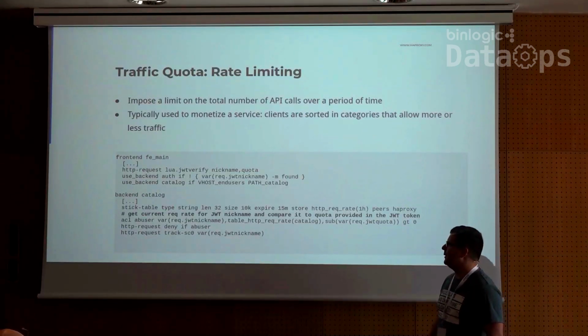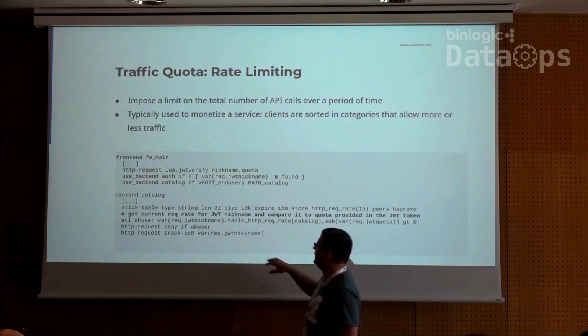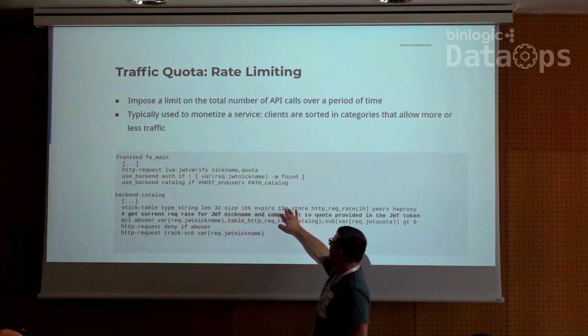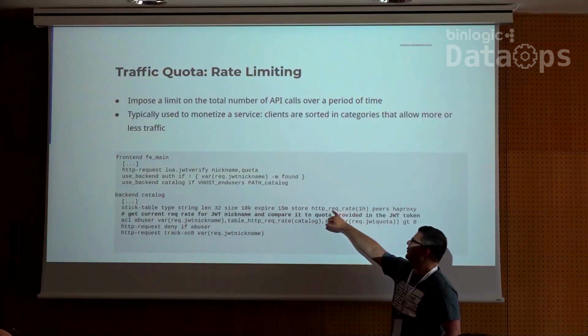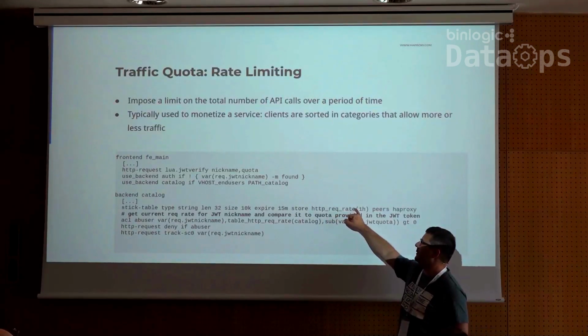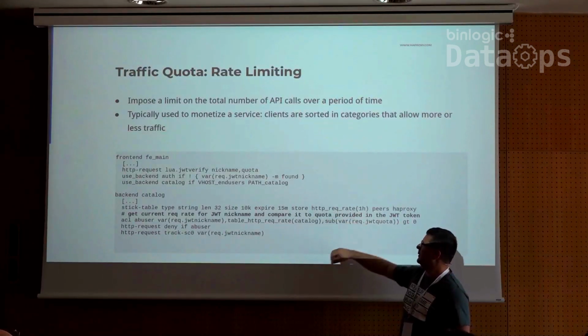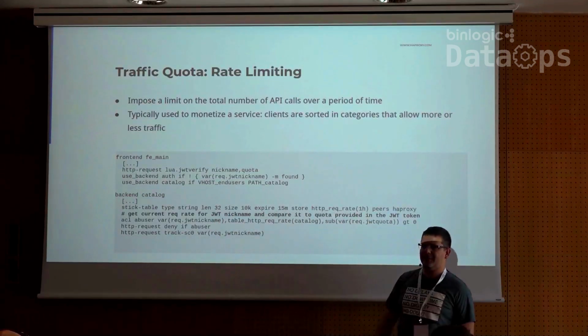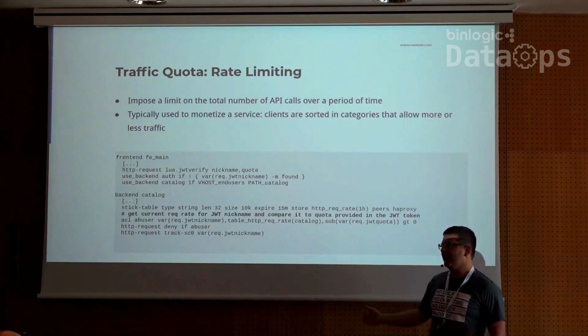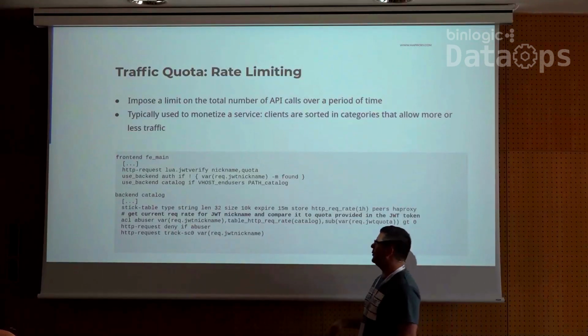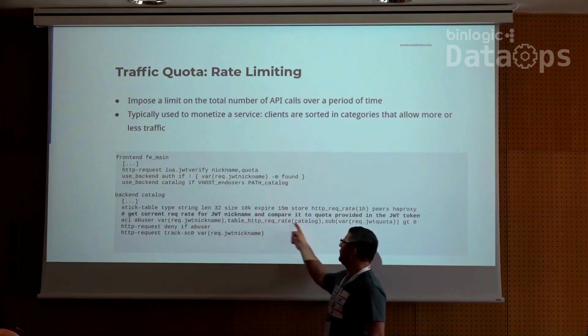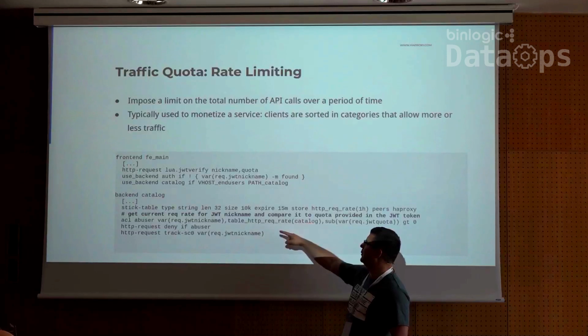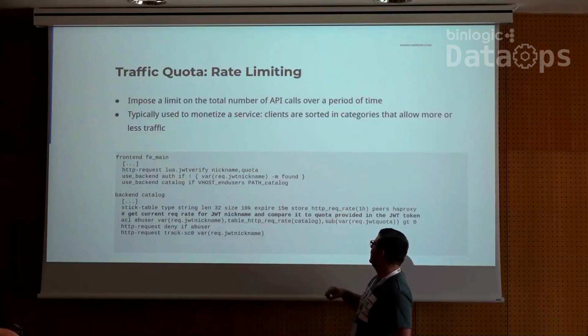And what we'll do is that in HAProxy, I have now also updated the stick table. And in the stick table, I'm going to store the request rate for that particular user, nickname actually, over 1 hour. And now, when the request is coming in, I know exactly the number of requests that this particular user did during the last hour.